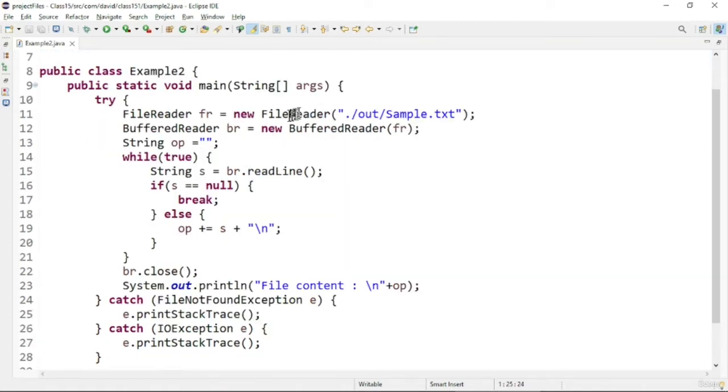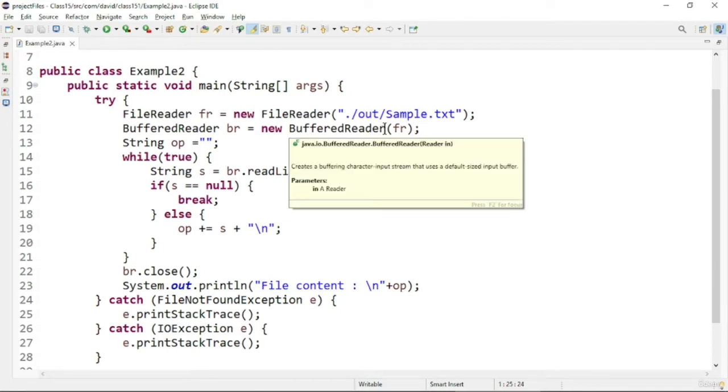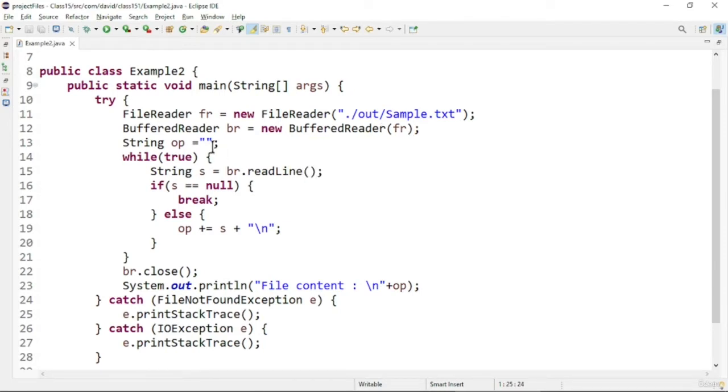So here we can see I have a FileReader object, and then a BufferedReader object is created based on the FileReader object. The path is specified here for the FileReader. After that I am using a for loop, sorry, a while loop. It is a while true loop, which is always true.